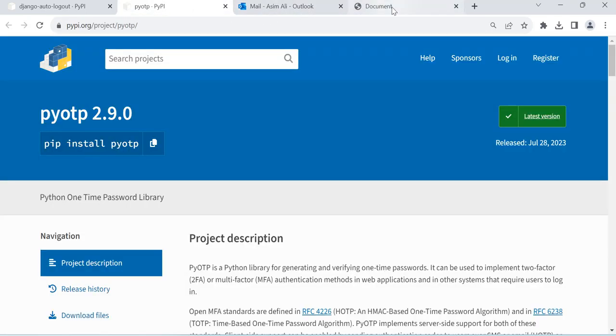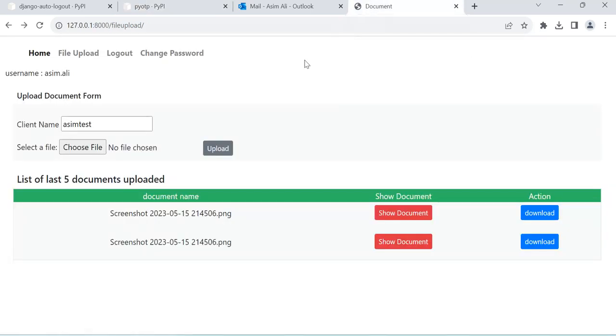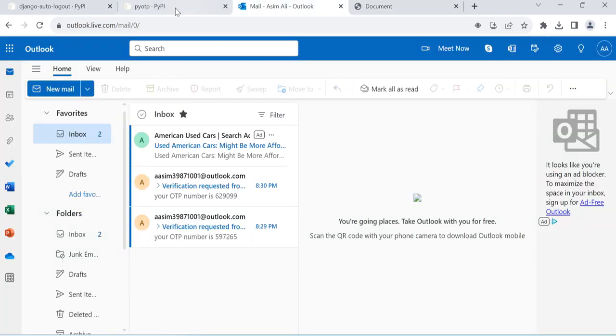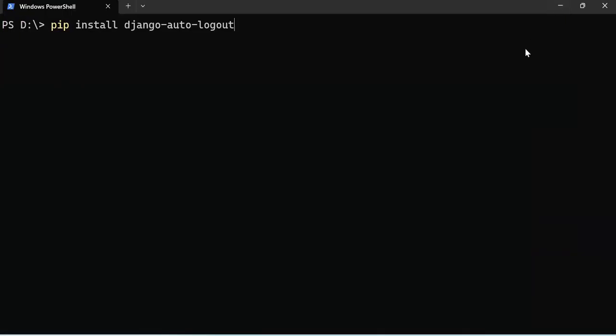I will now disable this one, because when I click here, it means it is not idle. Now I am going to choose any other like this one, and I go downside, and we can see after 3 minutes. In the meantime, I will show you the